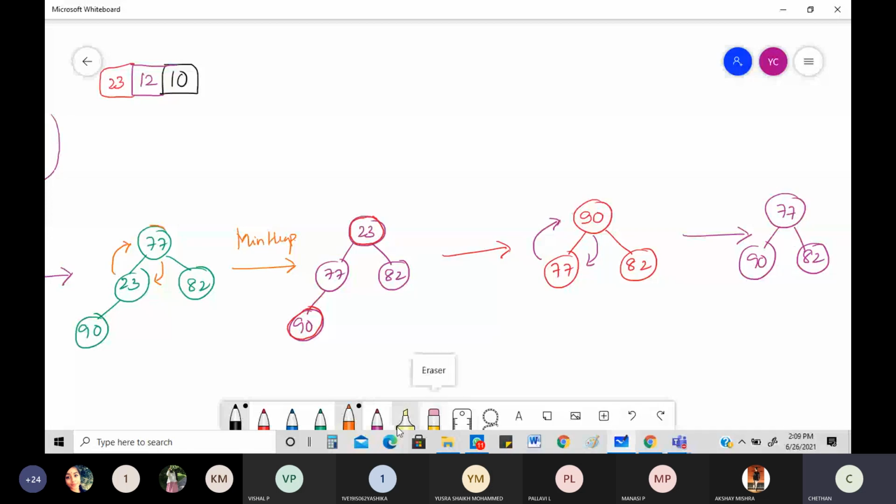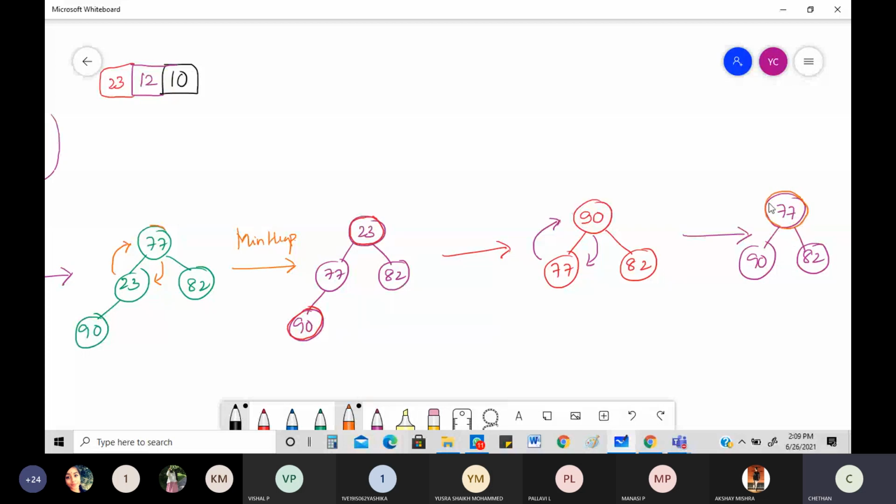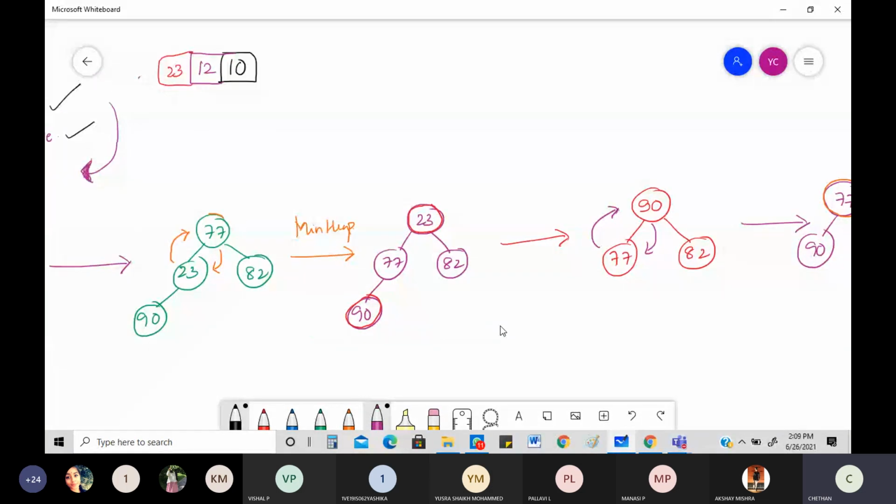This needs to be done again. You need to exchange the root with the last node. What's the last node here? Obviously 82. If I do that, what is the element that is deleted now? 77. Now the element that was last deleted, 77, is also joined here. If I interchange everything, what will be remaining?